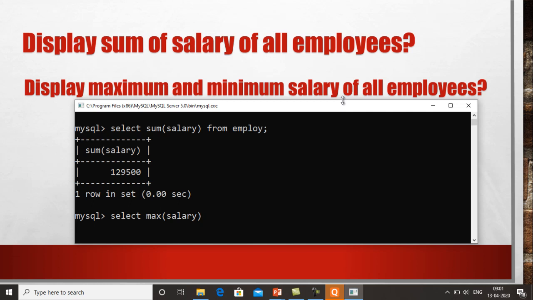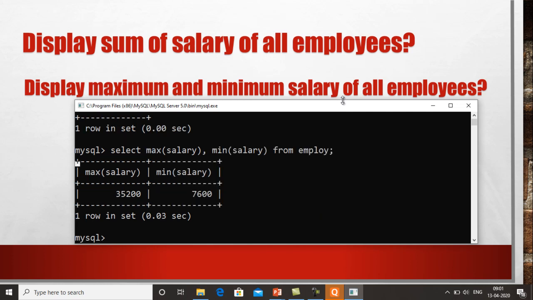Then comma, then min, within brackets we write salary, and then from the table name, that is employee. Now you can see that by using the max and min functions, I can find the maximum and minimum salary from the table employee. The maximum salary is 35,200 and the minimum salary is 7,600, right?